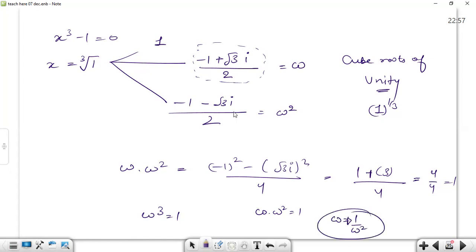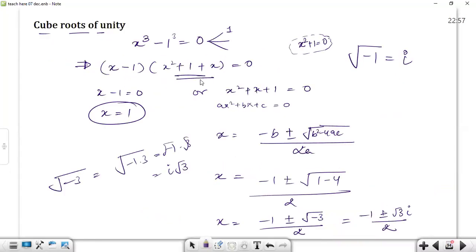These are some certain values. And also, if there are 3 roots of a particular equation, we may write it like this: these two are the solutions of the quadratic equation x square plus x plus 1 is equal to 0, originally. Let's go back to the previous page and understand this is the quadratic equation which we were solving. So if this particular quadratic equation is having 2 roots,